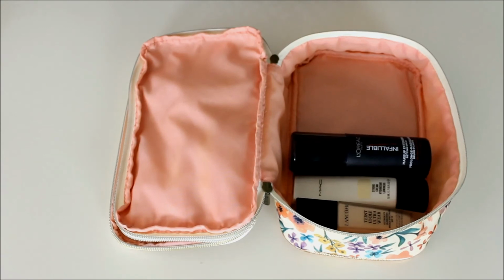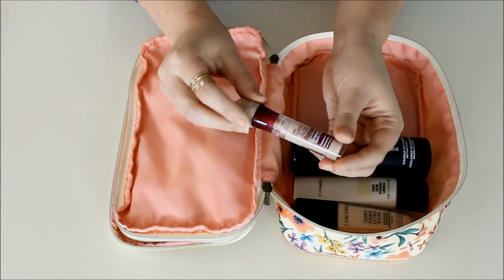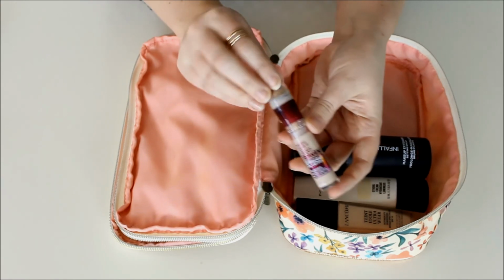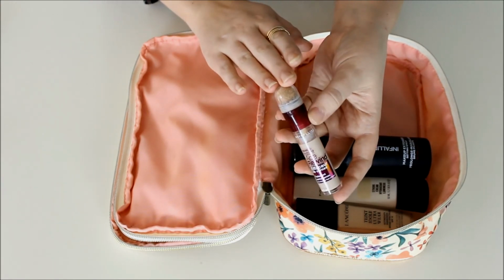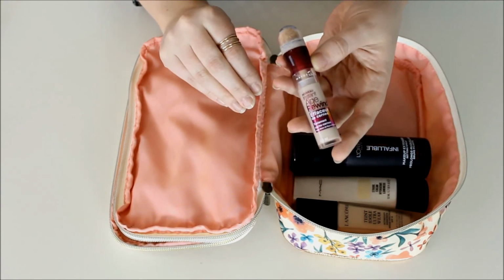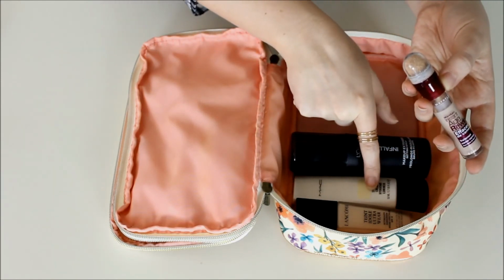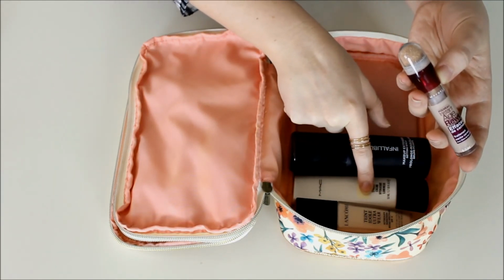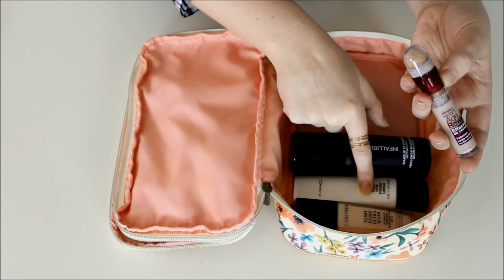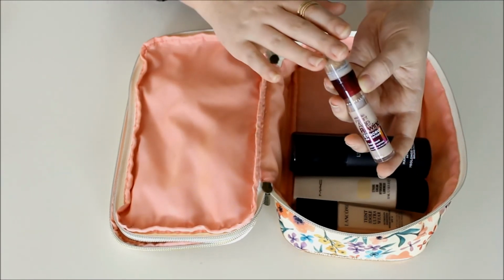Next up, I'm bringing two concealers. The first is the Maybelline Instant Age Rewind Concealer. I just use this for dark circles on days where we're not doing too much and I want really light coverage. I'll just dot this all around my face and then maybe go in with the smallest amount of the strobe cream and my Estee Lauder Idealist Pore Minimizing Serum, and just mix those